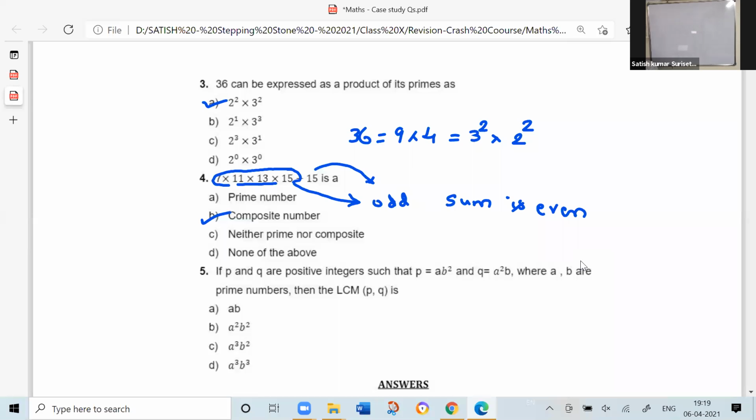Sir, the answer will be A square B square. Next, anybody coincide? Sir, A cube, B cube, sir. Think once again. Will it be product same as the LCM always? Now, among here A is there and here A square is there. So when you are taking LCM, you have to take the highest exponent, so A square. And here B square is there, here B is there. That means here also you take highest exponent, that is B square. So A square, B square.